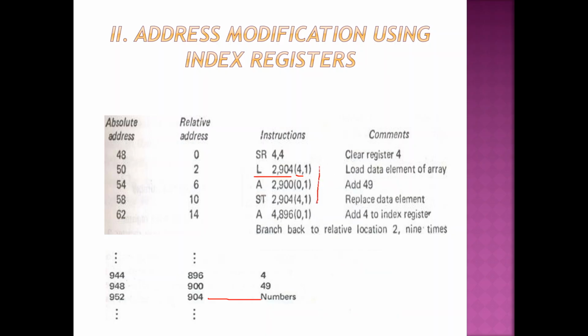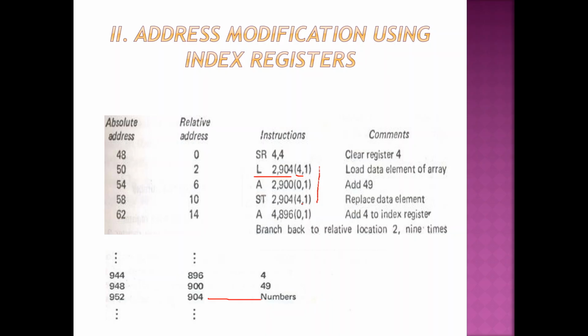Can you see that? Do you agree there is no change in the program? Instead of 0 comma 1, only in these two places it is 4 comma 1. That is why I asked you to observe in the previous program that the middle line has no change. It remains the same for all 10 numbers. The change is only in the first and third lines. Only in these two lines the index register is going to be register 4. Here the index register is register 0 only, and the contents of register 0 will be 0. Here alone we use register 4. Why? We will see that.